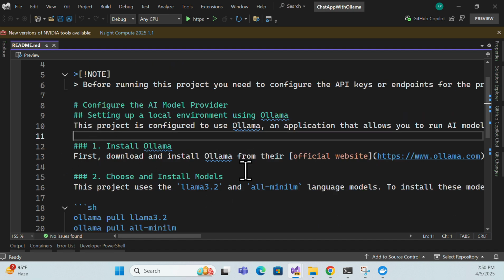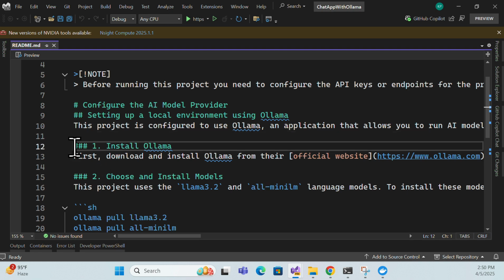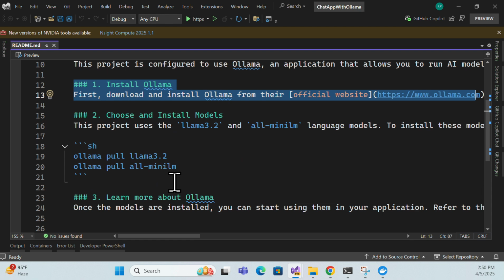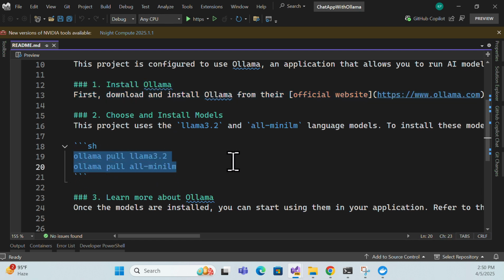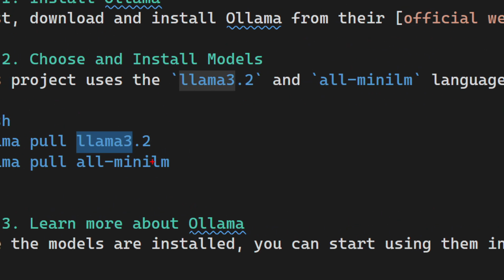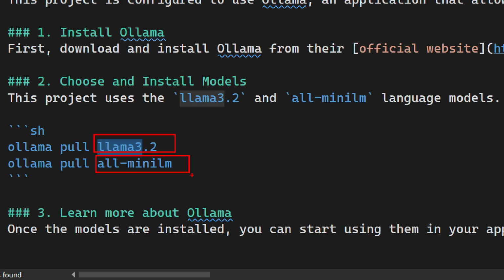So those instructions are also available: first you have to install local Ollama, right? So that is one thing. Second, you also have to install the LLM in your machine,